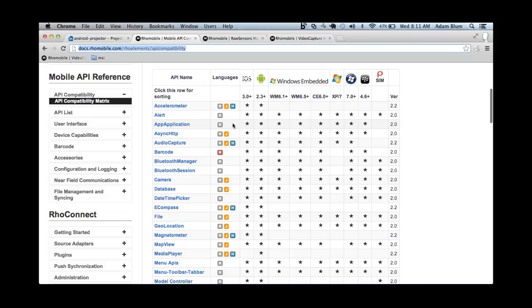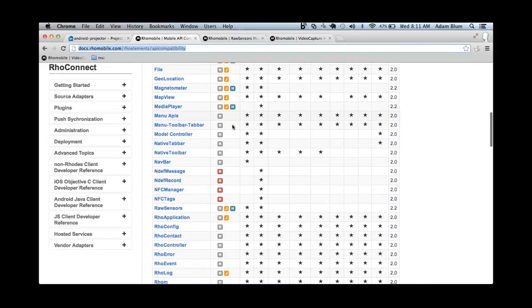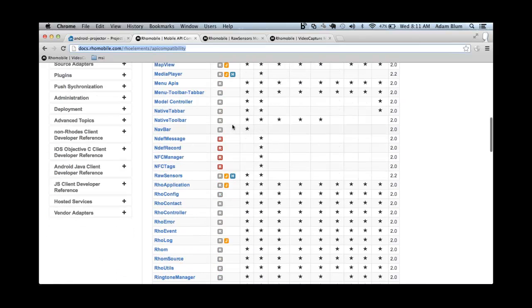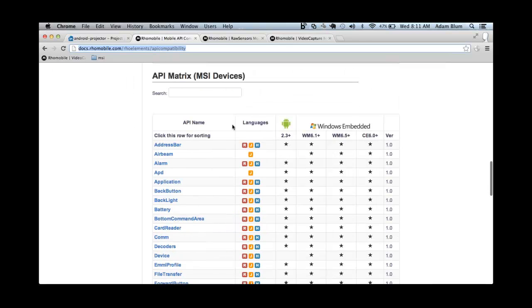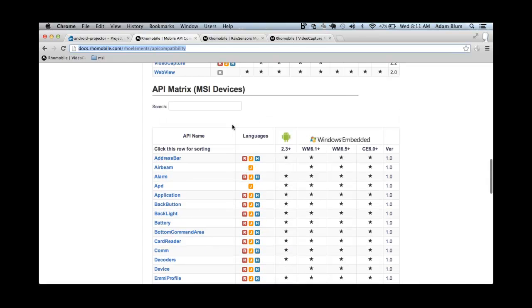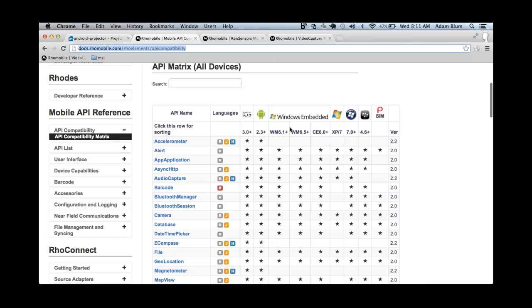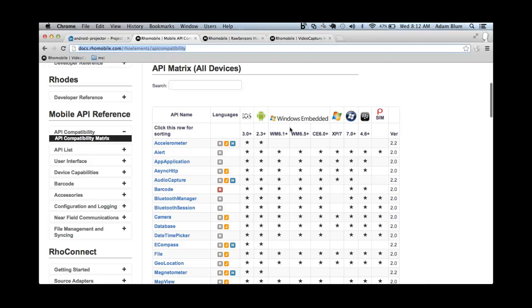So what you'll see is we've listed all of the things that apply to all devices up above here. This is Rob's handiwork. He did a fantastic job. And then below here we have the devices that today are more applicable just to Motorola devices. So let's focus on this top part of the matrix first, and notice that we have, for many of